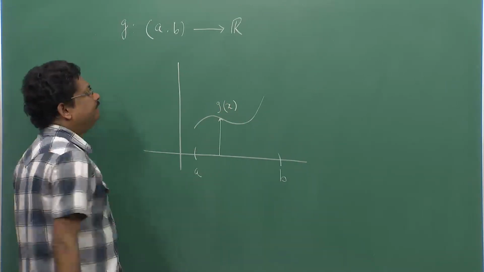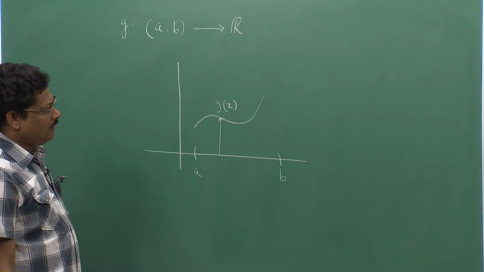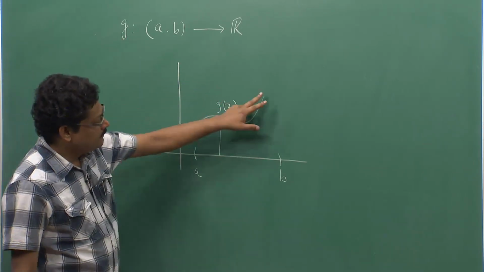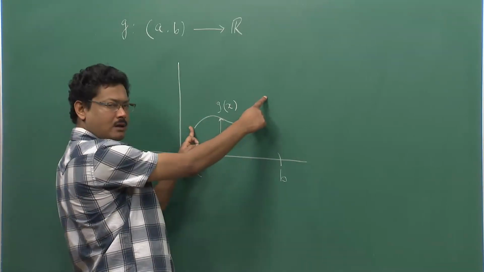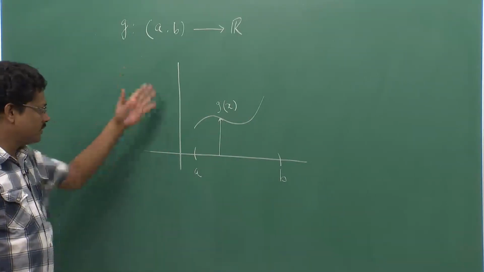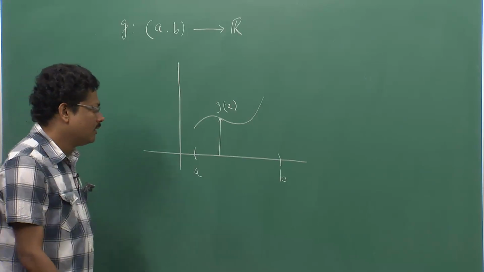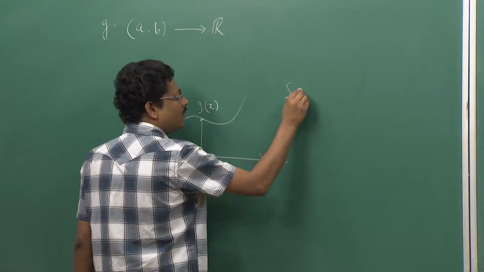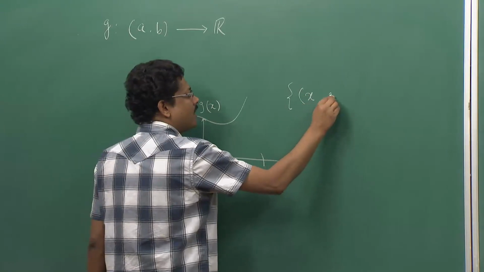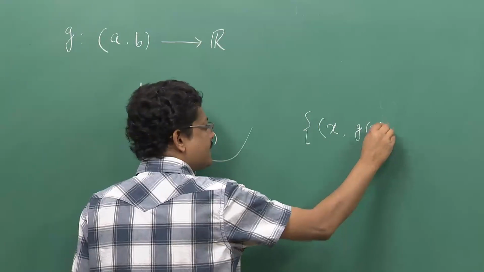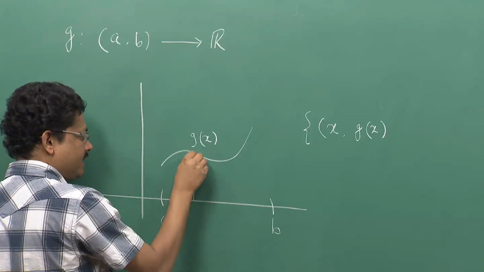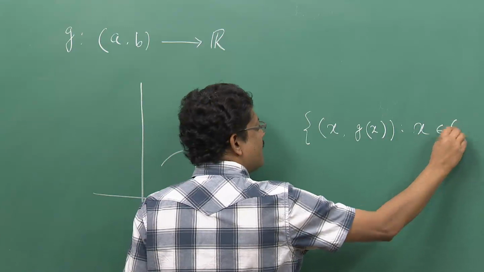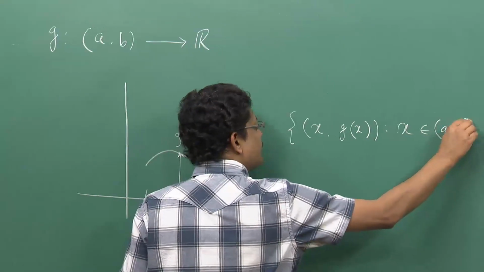Now, if I look at this curve, this is a curve in R^2, right. Points on the curve are basically (x, g(x)), with x in [a, b],